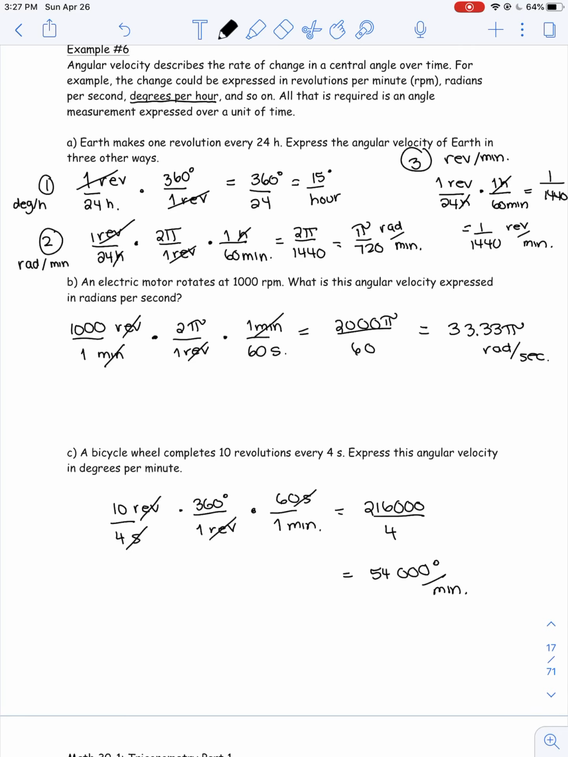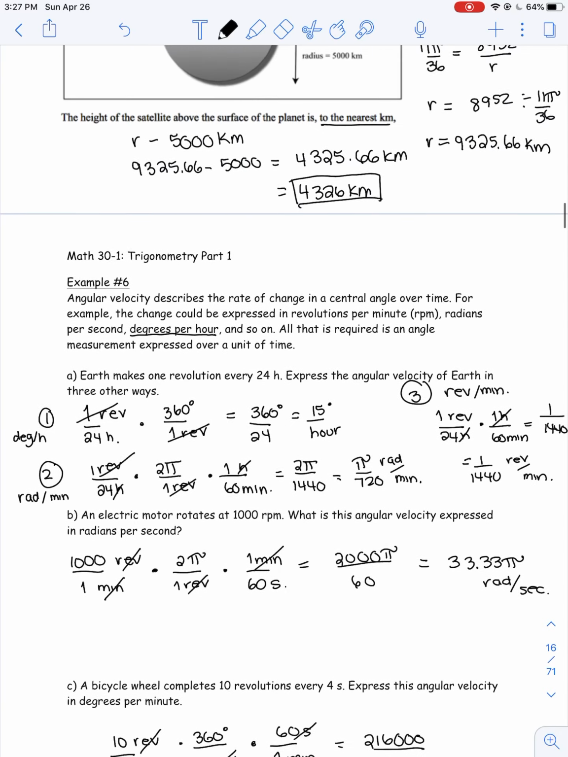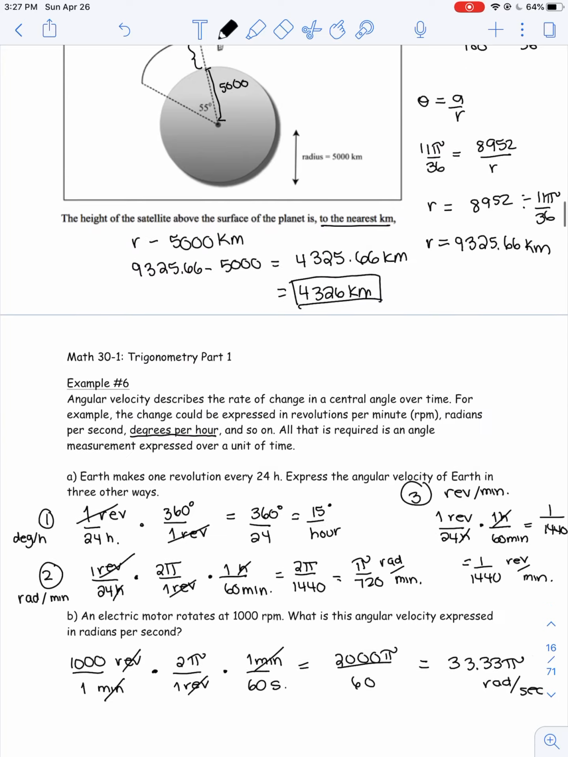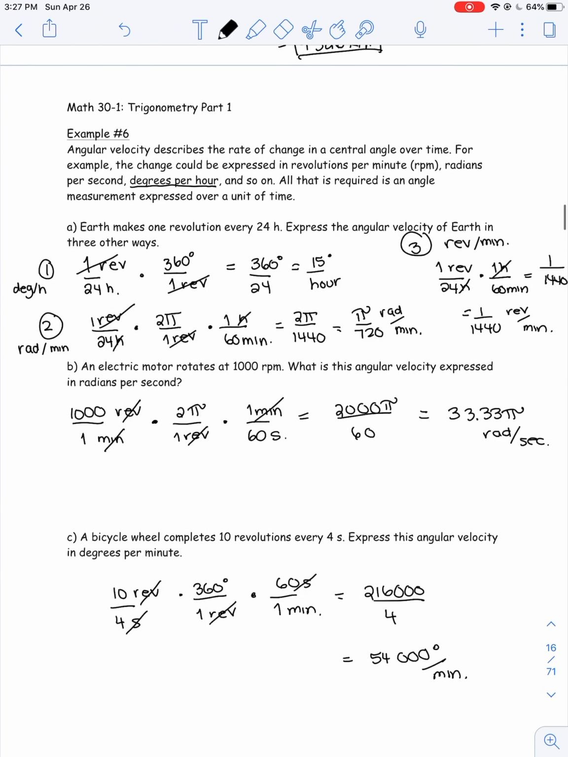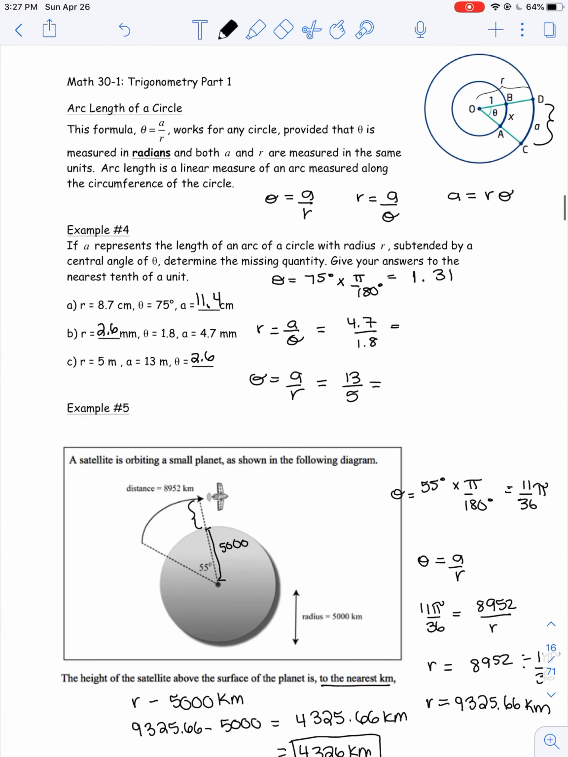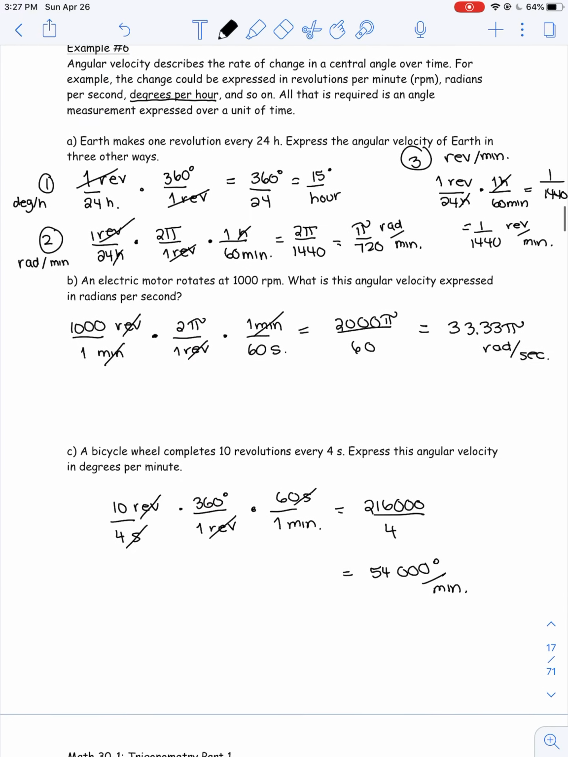And that's it for lesson 4.1. So the idea was to be able to convert from degrees to radians and radians to degrees, be able to do coterminal angles and general form, and then work with the arc length, the arc formula, which is the formula